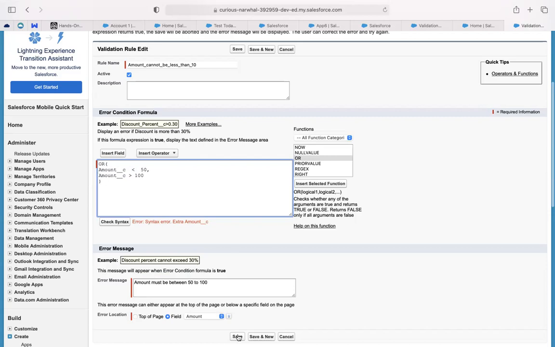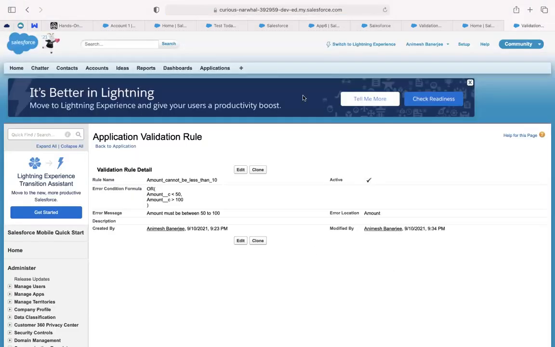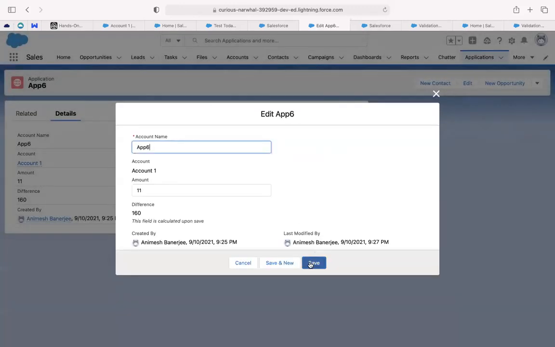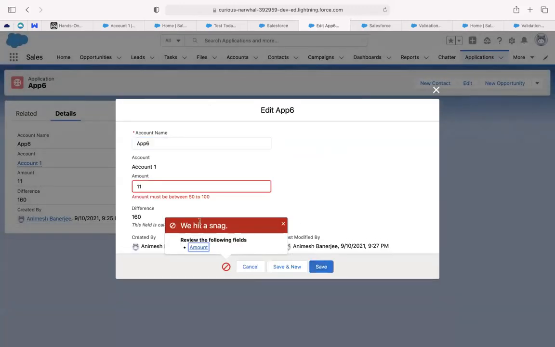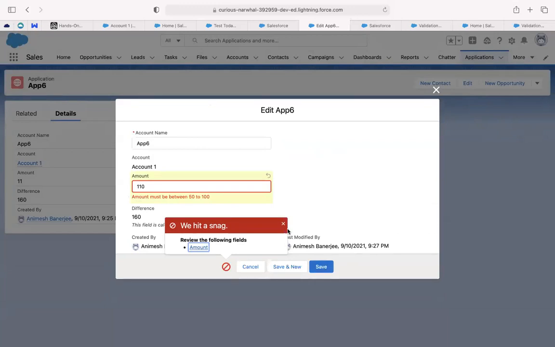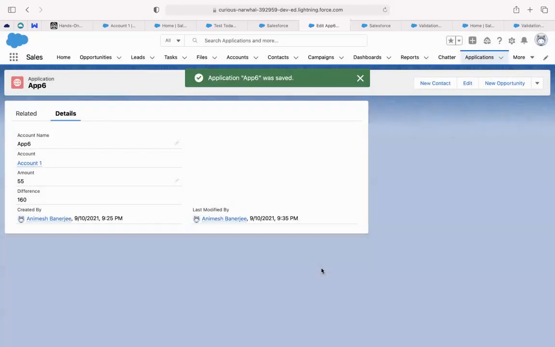Okay. So OR conditions will apply to these conditions. Let's check this. Edit. Blocked. Amount must be between 50 to 100. Can I use 110? Blocked. Both conditions are working, right? If I give 50 or 55, it's working. That is exactly what I wanted,